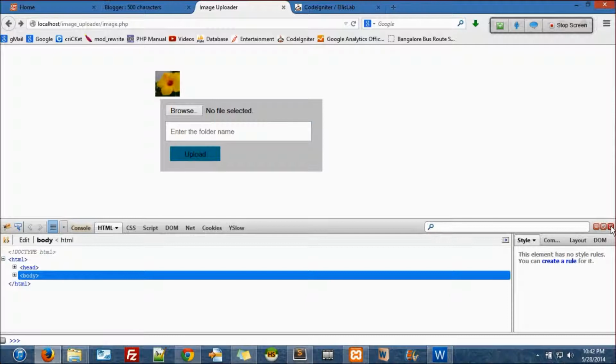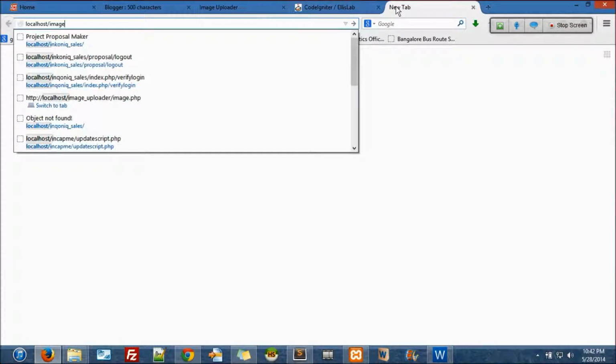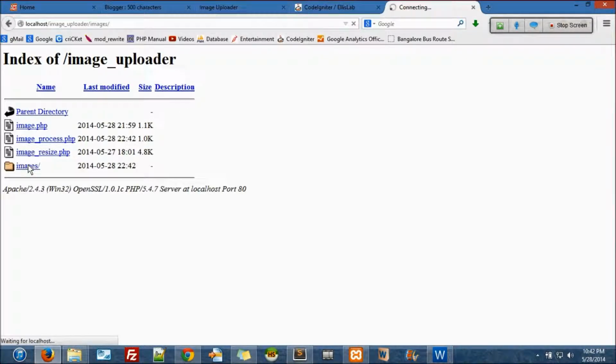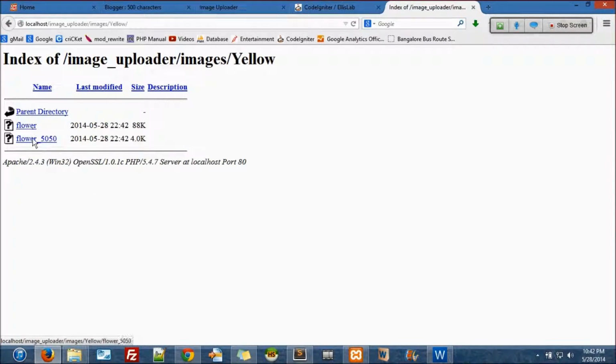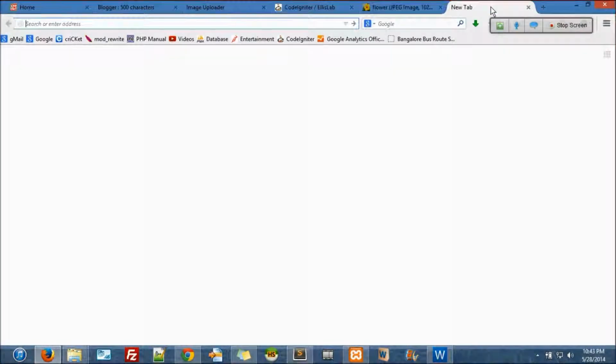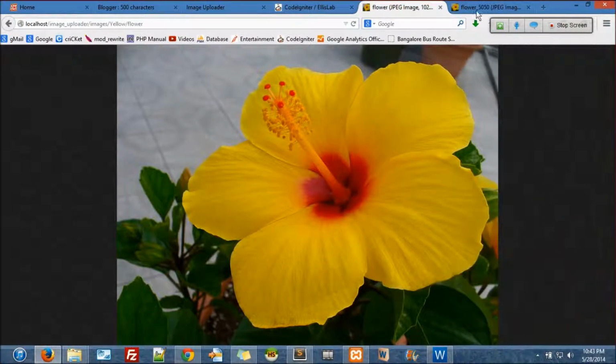Okay, let me just do this thing. Localhost image uploader, and let's go to images. Hello. So we have the original file. Let me show the original file first. This is the original file. Okay, and I'll copy this, paste, and say 50 50. If you can see it here, it has cropped. Since the proportion is not maintained, it has cropped it. It has just picked up only this area. That's the original image, and this is the resized one.